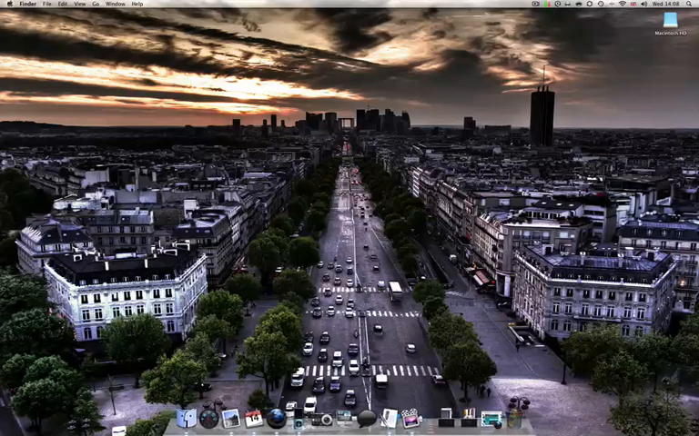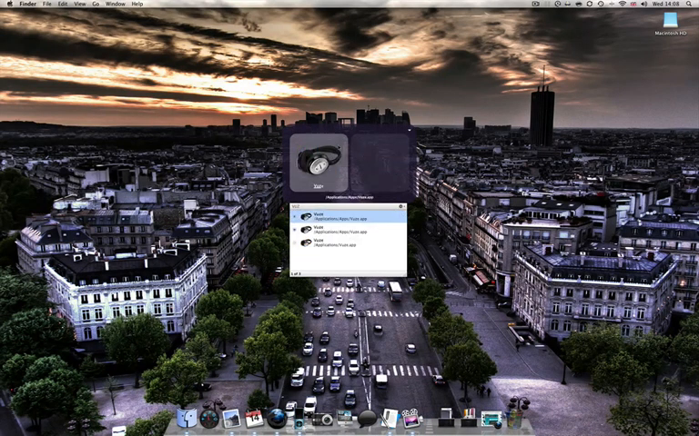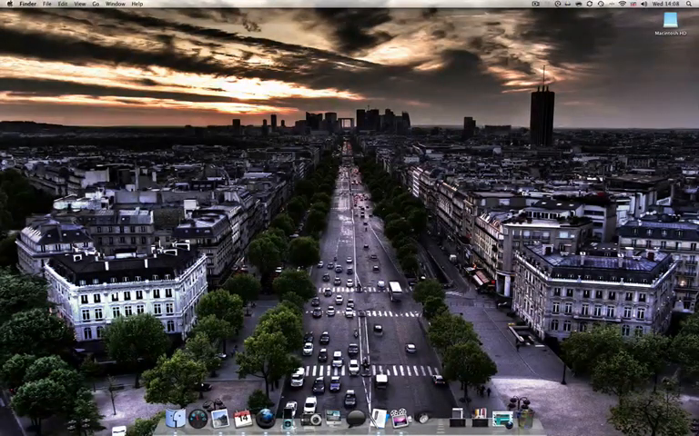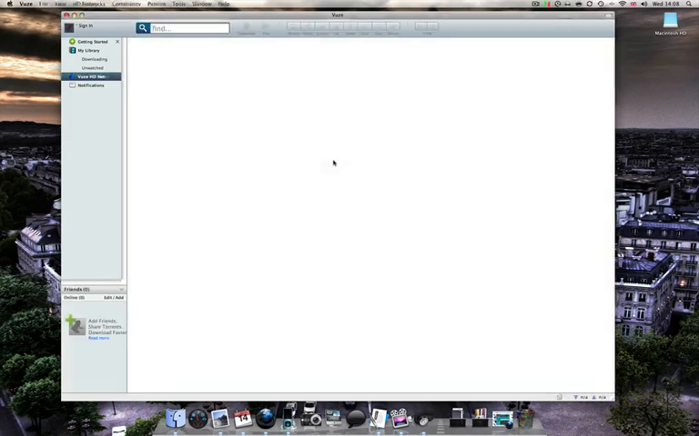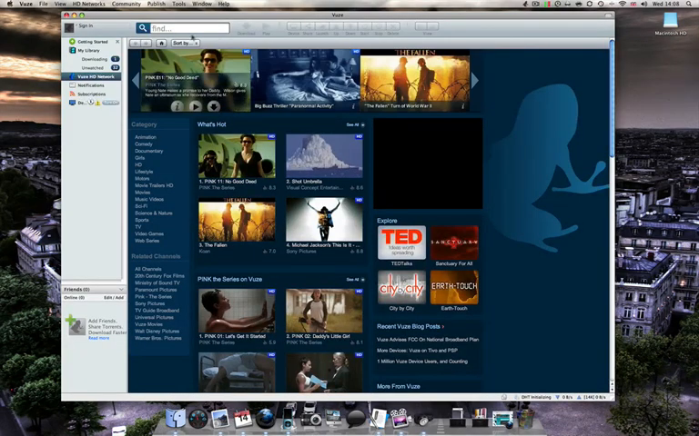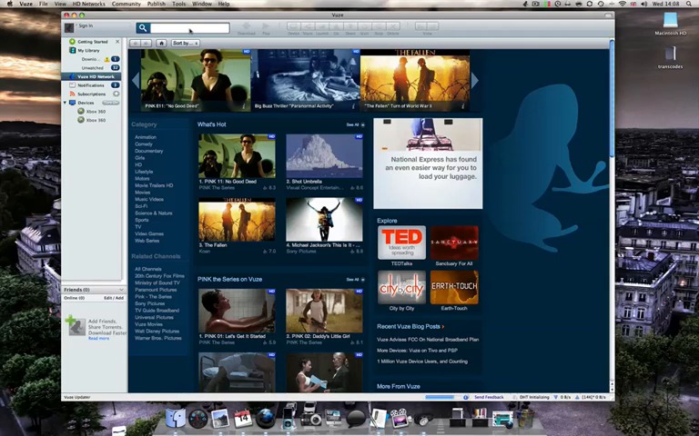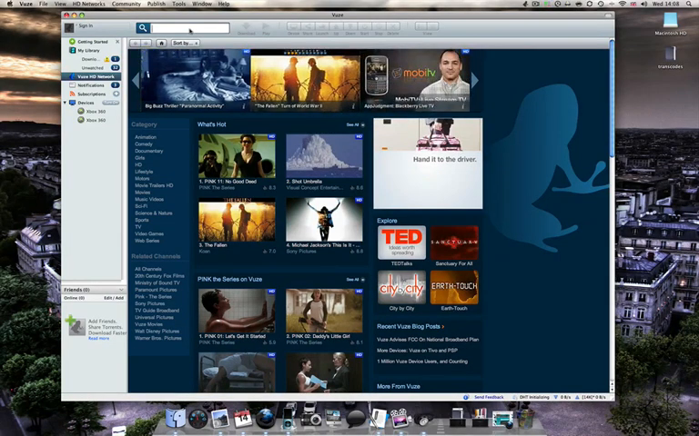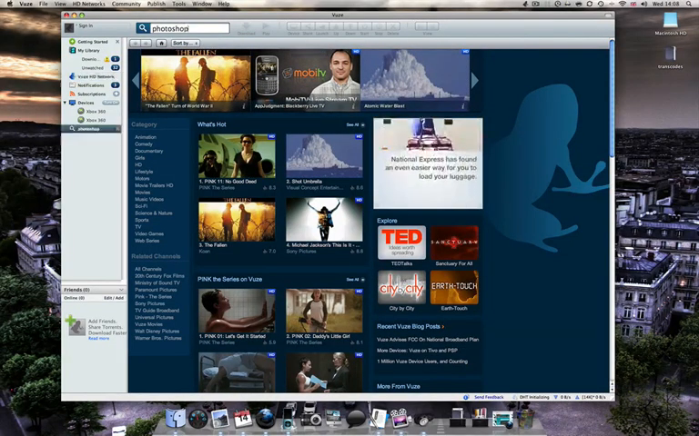And I use Frostwire alongside Vuze. Now Vuze is a BitTorrent client, and it's better than most BitTorrent clients because of its built-in search function. Usually you have to find a file on the internet and then save it to your desktop and then access the BitTorrent from there. Whereas with Vuze, you can simply type something like Photoshop in,